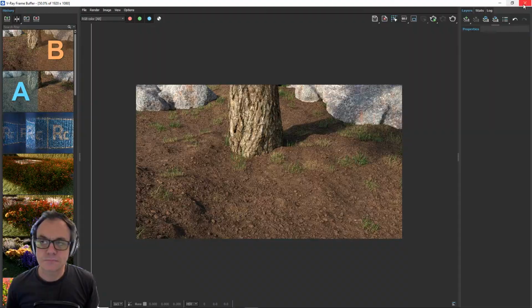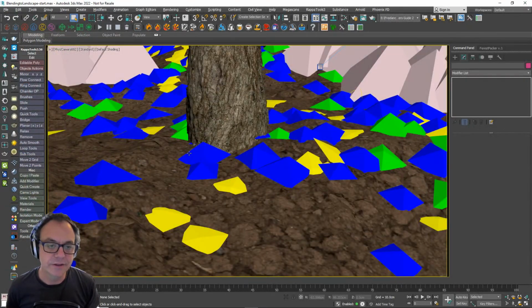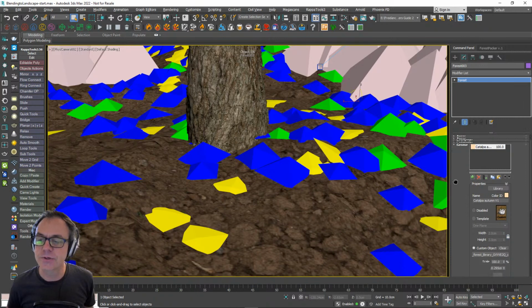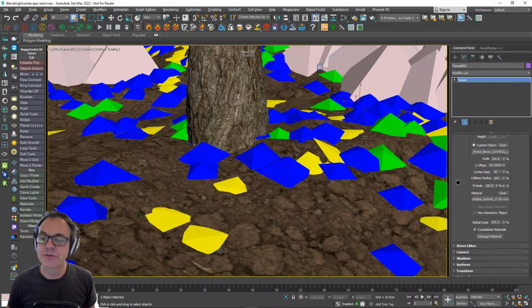So what I would suggest that you could do, and I would only bother doing this in the foreground where you can really see these things, I wouldn't do it at all in the background, is to change the shaders slightly so that we can take the ground shader and apply it just to the bottom of the trunk or the rocks. Okay, so we're going to need a few things in order to do that.